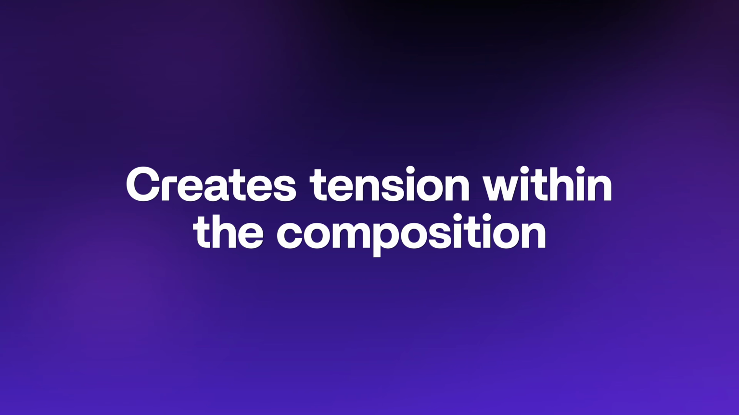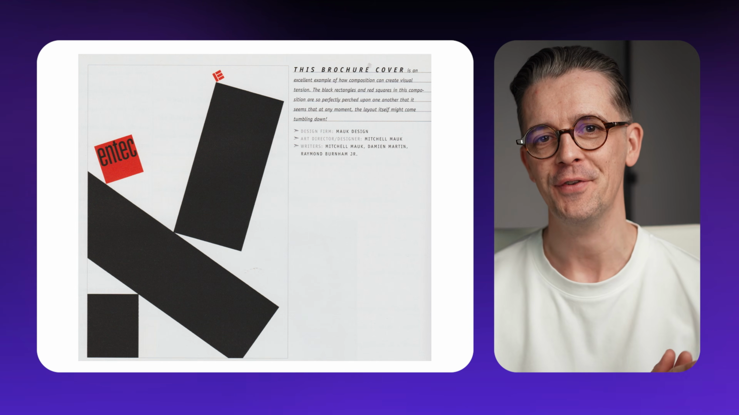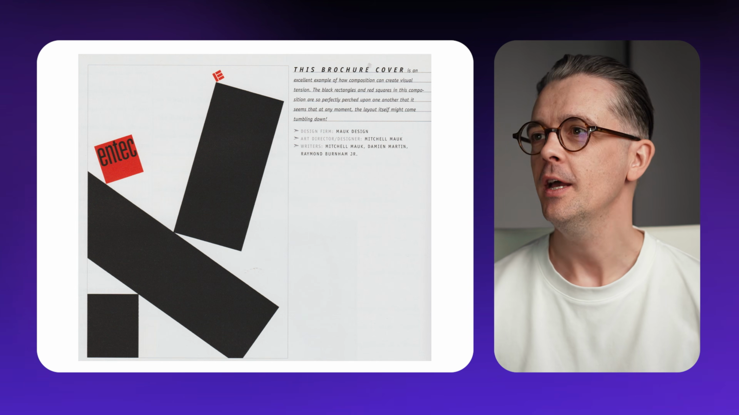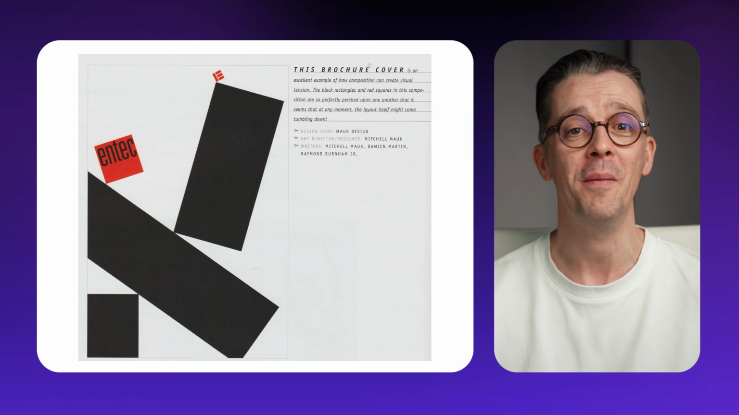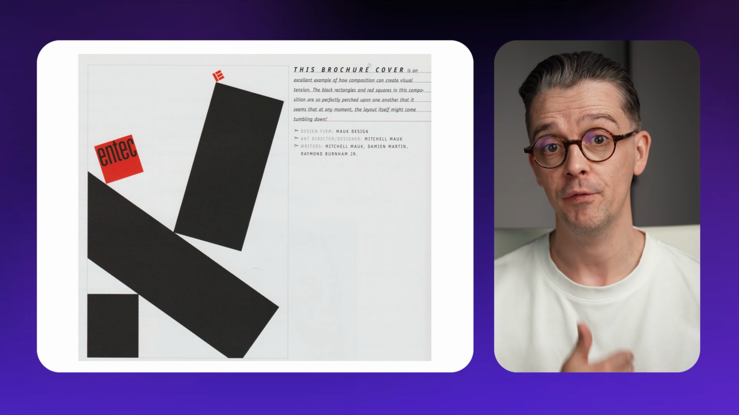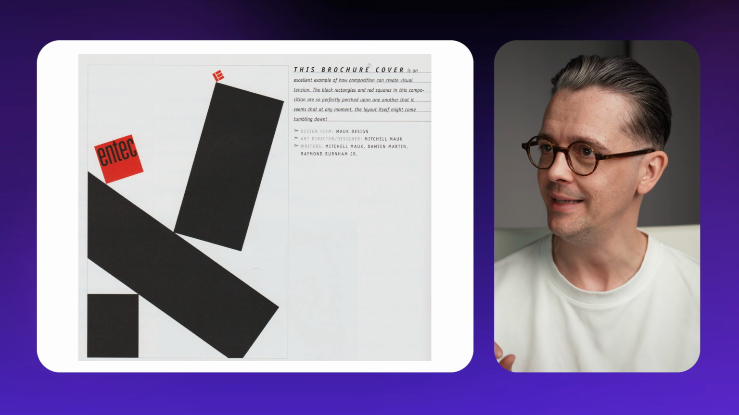Asymmetry also creates tension within the composition. I found a couple of examples of this in an old graphic design book that I had here in the studio. And in the first one, I love the description that it looks like these graphical elements are about to tumble down. These rectangles, which reflect the logo word mark, that small red E that we can see right at the top of the composition,